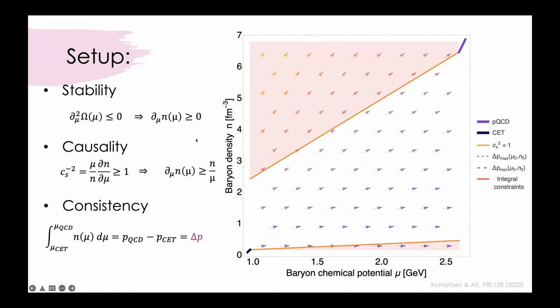To visualize these constraints, we figured out that it's nice to plot this causality constraint here, the minimal slope of the equation of state, as a vector field here. So in any point where your equation of state is, the slope of the equation of state has to be at least this. It can go directly up, vertically up, which would mean that there's a phase transition, and it can follow the arrows, which means that's an equation of state with speed of sound of 1, but it cannot be below, because if it's below, then the equation of state would violate causality.